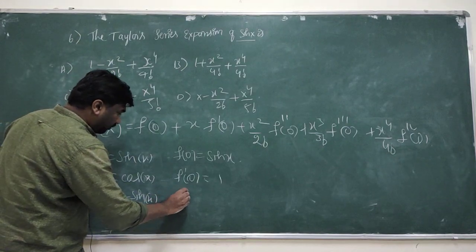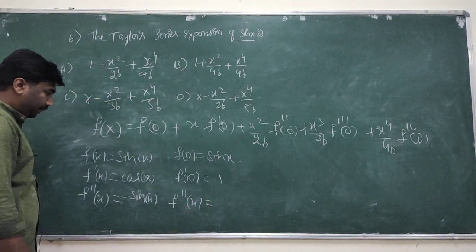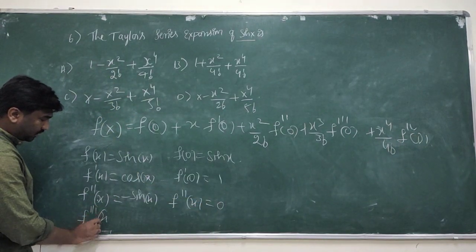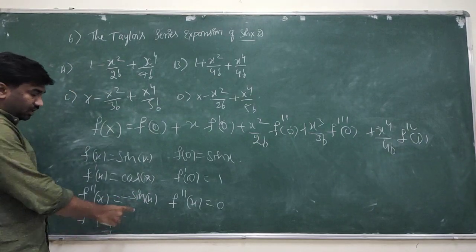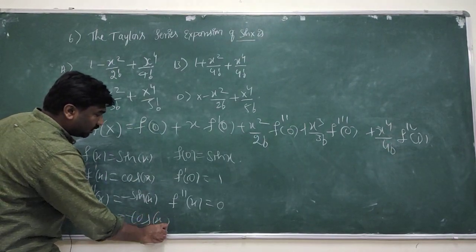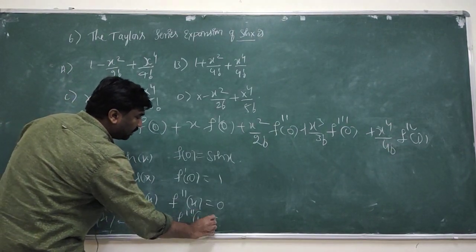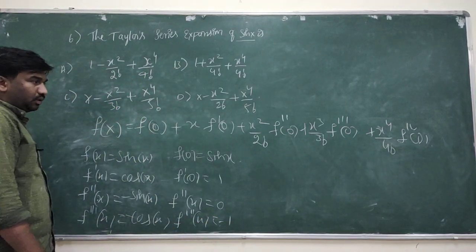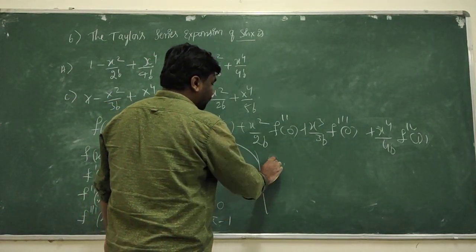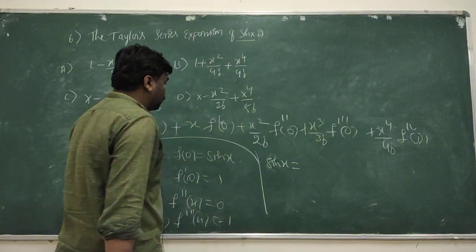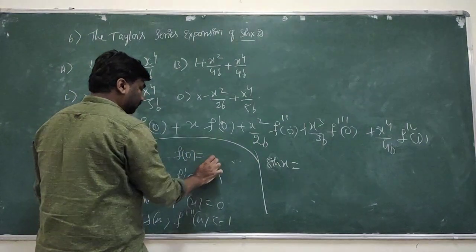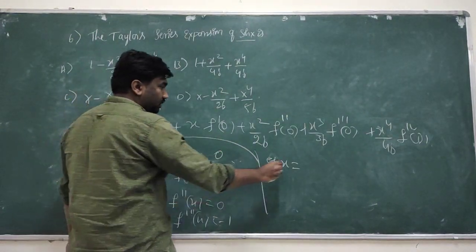Okay, so then f double prime of x is equal to sin 0, which is 0, and f triple prime of x is equal to minus sin x. Differentiation of sin x is cos x, here minus is there, so minus cos x, and f triple prime of x is minus 1. So if you put these values here, then we will get f of x, so that is sin x. Sin 0 is 0. So 0 plus